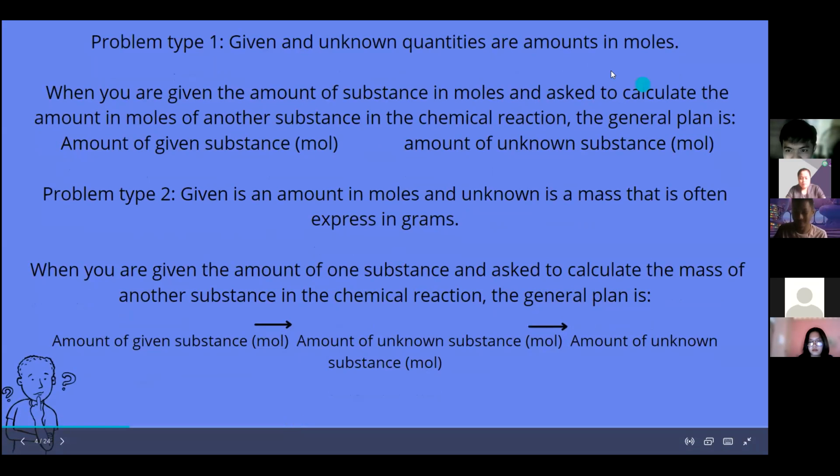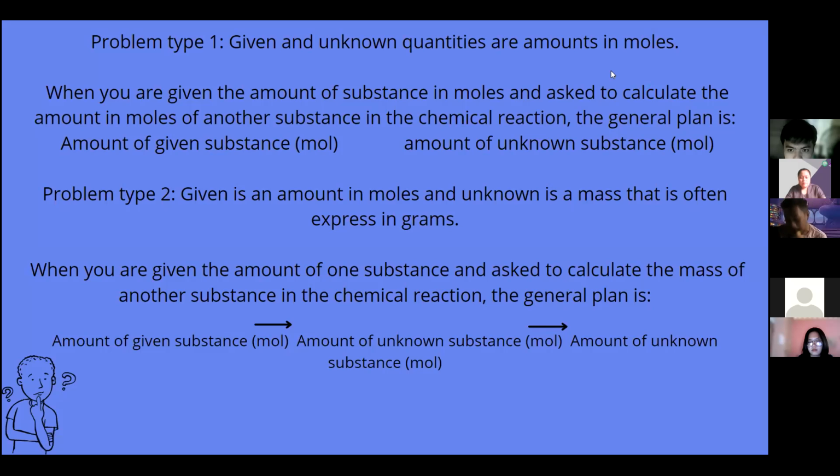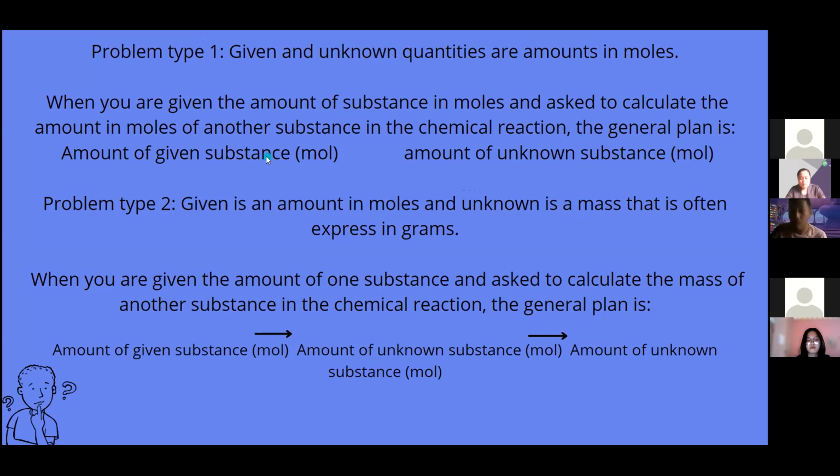Chemical formulas provide the identities of the reactants and products involved in the chemical change, allowing classification of the reaction. Problems involve given and unknown quantities: given an amount in moles and the unknown is a mass, often expressed in grams, or given is a mass in grams and the unknown is